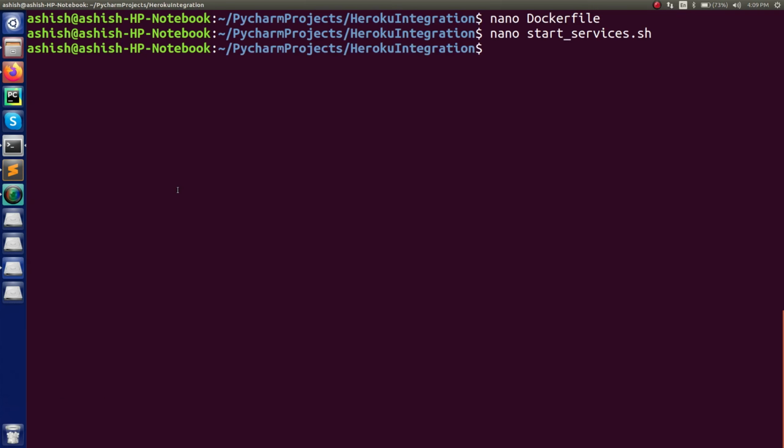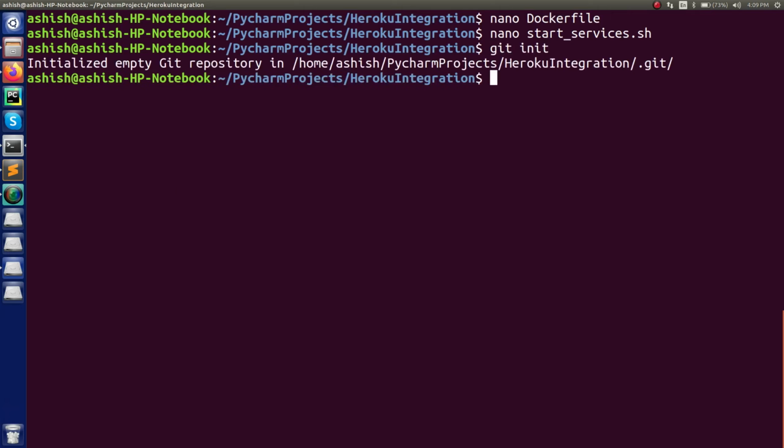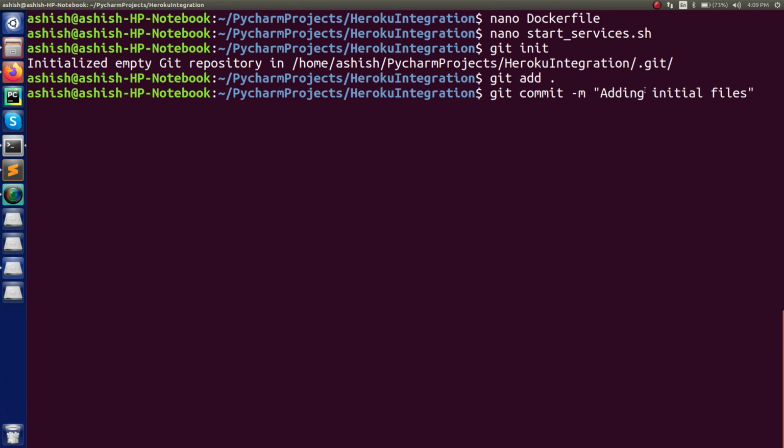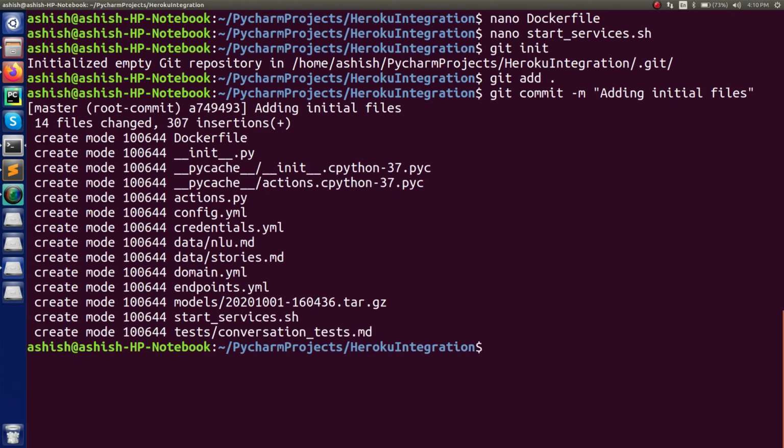And when you're done with this part, you have to create a Git repo, so that based on that Git we will be able to connect your current repository to the Heroku server, and accordingly your Heroku server will be deployed, right? So this is how we are going to do it. For that, first just initialize the Git repo. Now just type git add dot, it will add all the files, and just commit it. This is just a message, so you can add anything, right? So you can see it has committed all the files which were present in your current directory, right? So this is what I have done.